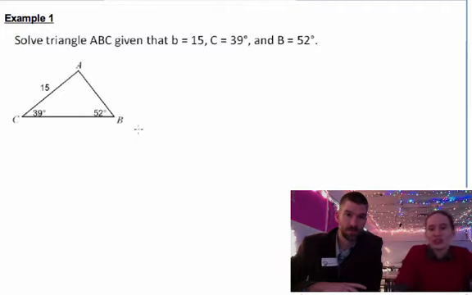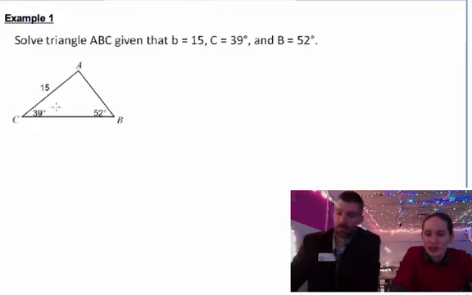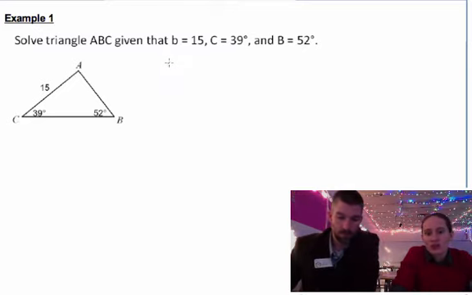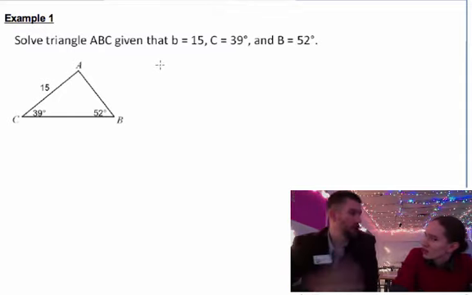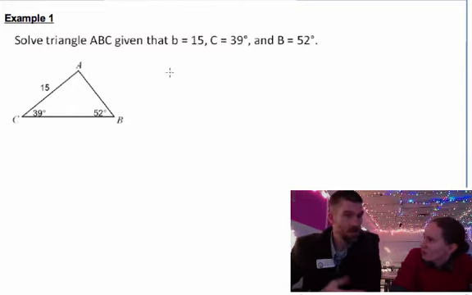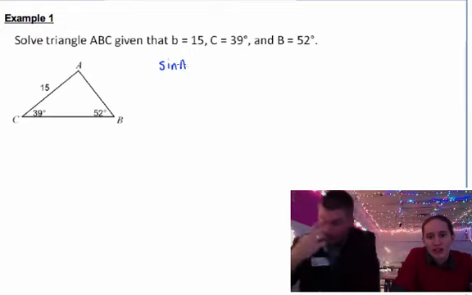Solve triangle ABC given that b equals 15, C equals 39 degrees, and B equals 52 degrees. This is angle, angle, side, so we can do the law of sines. Once you set it up, you'll also know if it's going to work. I like putting sine on top, but I don't have a preference. It's all math. Okay, so sine of angle A